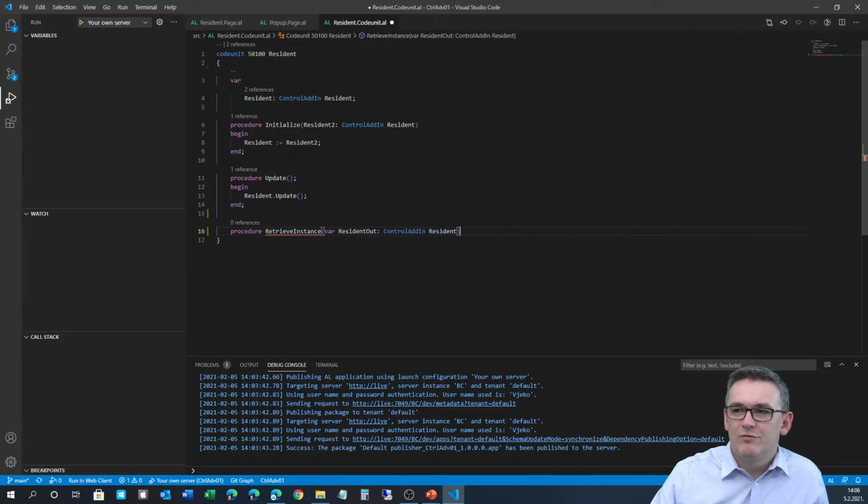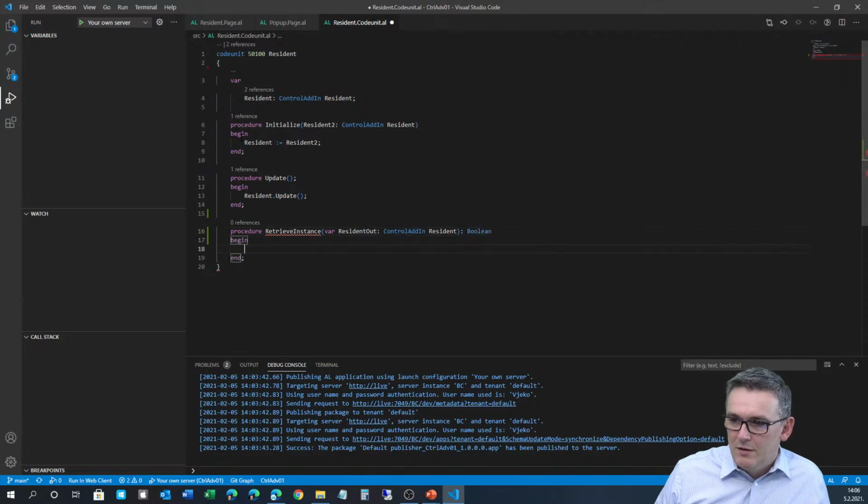So instead of retrieving this code unit, I'm going to pass the reference to the control add-in itself, to whoever needs it. And then I'm going to just return a boolean, and this boolean will indicate whether or not I have successfully